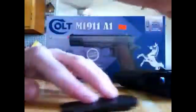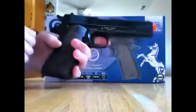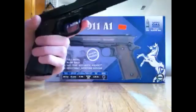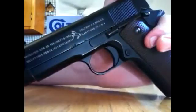Moving on, like I said, the gun is full metal. It has standard pistol sights. Let me get you basically like that. And now, as you might be able to tell, my gun is scratched up a bit. I did that on purpose, just to make it look a little aged, because I think that a 1911A1 along with an AK should look a bit aged, as if they have gone through a war, because they are older guns. So yeah, full trades right there, and on the other side,